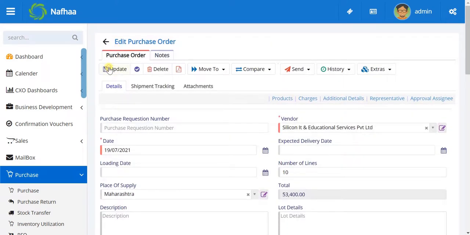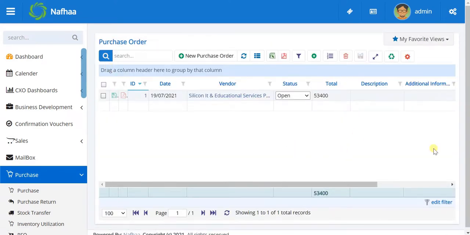I'm just clicking update. So we close that form and come back to the list view. Here there are some advanced features like drag and drop for grouping. You can drag any of the columns and group your data and have a pivot kind of view as we see in Excel. It is again a very powerful functionality. We have a separate video for how to do drag and drop grouping of your data and have a very insightful view of your data. So please explore that video.